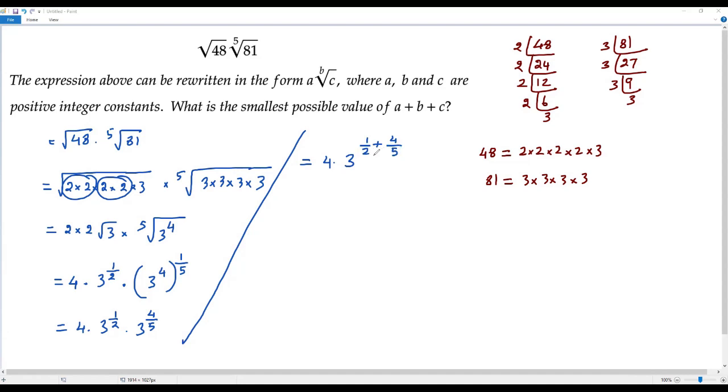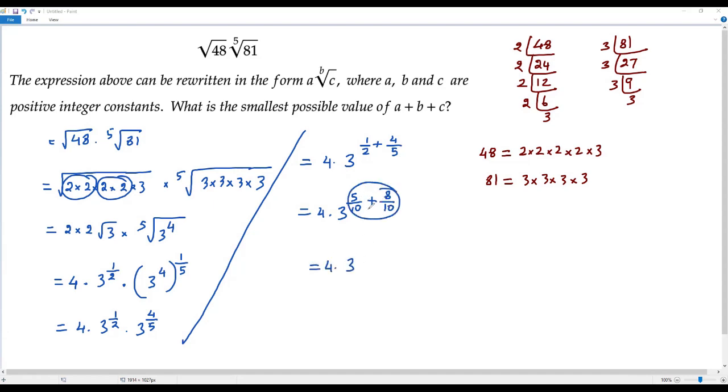That is, we have to make each denominator 10. For that, I have to multiply both numerator and denominator of the first fraction by 5. When I multiply 1 by 5, I'm getting 5. When I multiply this 2 by 5, I'm getting 10. Here, I have to multiply by 2, then I'm getting 8 over 10. Okay, here 4 times 3 to the power of